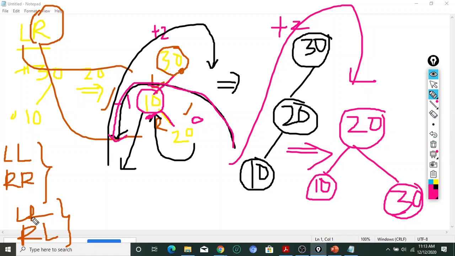Whenever we perform a double rotation, that is called double rotation. LR and RL are both double rotations. It means that we have to rotate 2 times. Ultimately, if I want to balance the unbalanced tree, we need to perform 2 steps. Let me change this color. This is my first step, and this is my second step. Now the tree is balanced. If I check, the balance factor of this tree is 0, 0 and 0. So now it is okay, right?